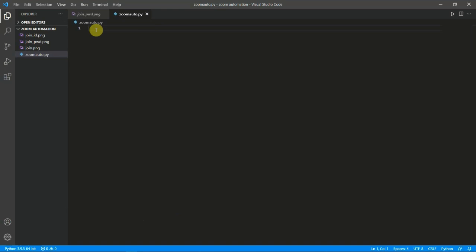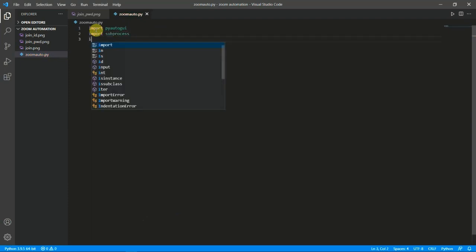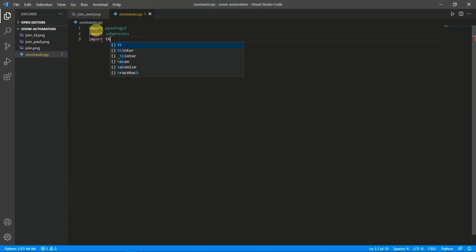So we will start with importing. We will import PyAutoGUI. We will import subprocess. We will import tkinter.